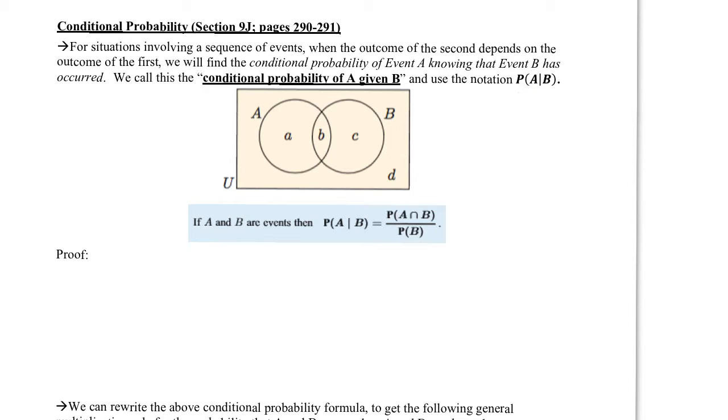So if we develop a formula for this, I'm not going to put down any formal proof. I'll just get my marker out here. If I tell you event B has occurred, that means I say forget about the whole sample space, only look here. So if I told you to only look here, and then I asked you, what's the probability of A happening given that B happened, it should make sense that you could tell me, well, if B happened, the idea of probability as favorable outcomes divided by total,